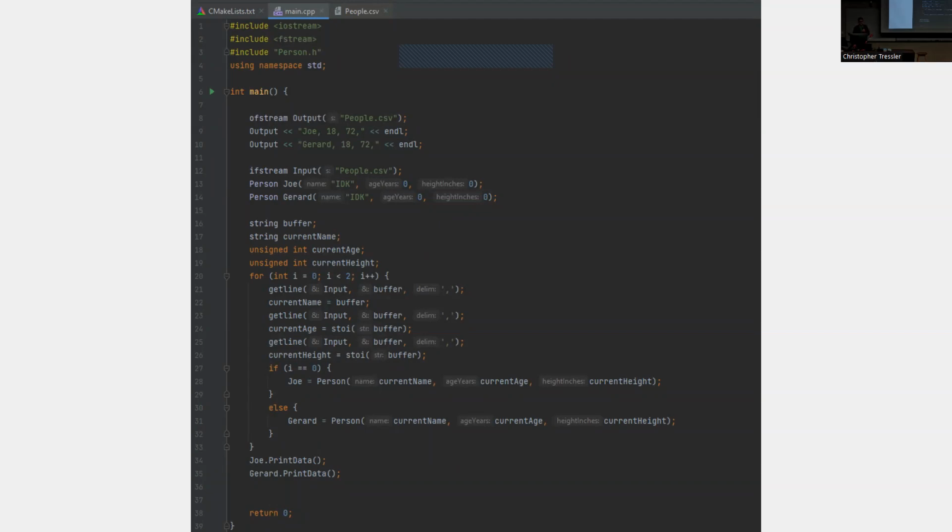So now we have the ifstream with the input people.csv, and we have Joe and Gerard there. Notice how when I made Joe and Gerard, I made them with random values. I'm just declaring them basically. But anyways, now we go down, we have a string called buffer, and I'll get into that in a second. We have a string for the current name, and then we have 2 unsigned ints for current age and current height, just because when I made the current age and current height